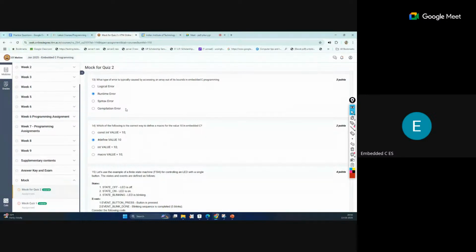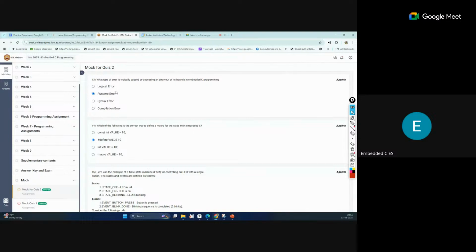Any error which comes at runtime, when our code is executing, comes under the runtime error, and the error which comes during the compilation process comes under the compilation error. And all these are the steps actually. Syntax error is the first step, when our syntax is checked, whether it is proper or not. Maybe if you have written an if and you miss some brackets or something, then that syntax is not proper. That comes under syntax error.